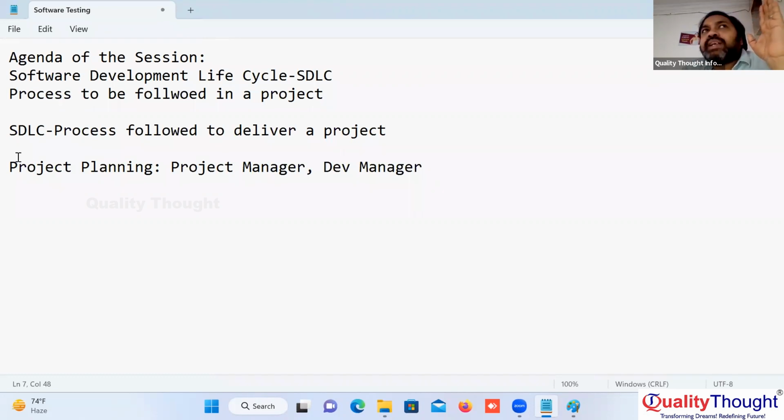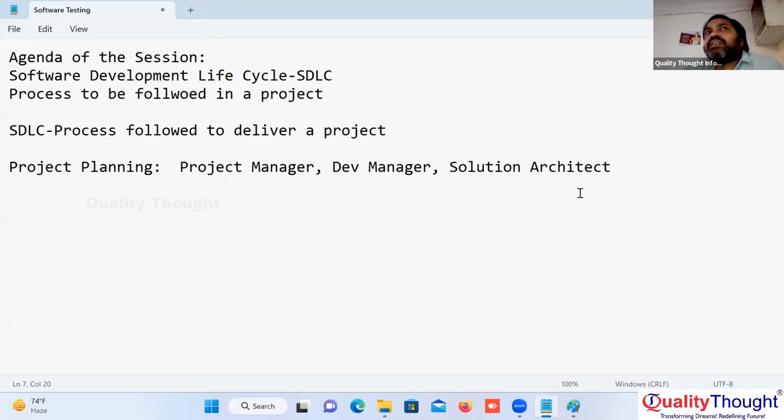In planning of a project, who will be involved? The project manager, dev manager, and solution architect will be involved. So what do they do? They come up with